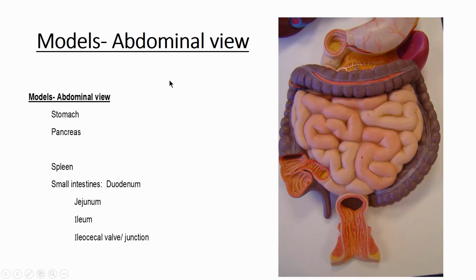As an overall view of the abdominal area, you notice, of course, the J-shaped portion of the stomach, the pyloric area that starts and begins the first part of the small intestine, which is the duodenum. You can recognize underneath on this model where the pancreas lies directly inferior to the stomach and also very near